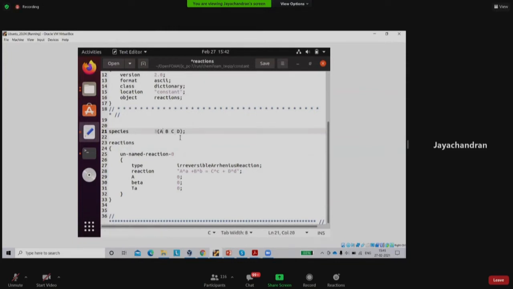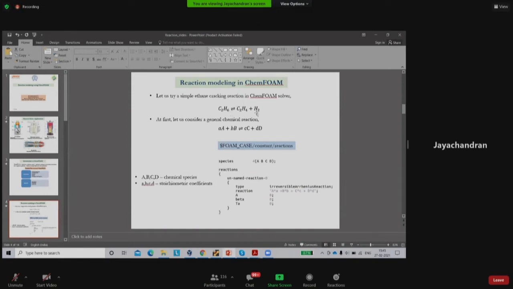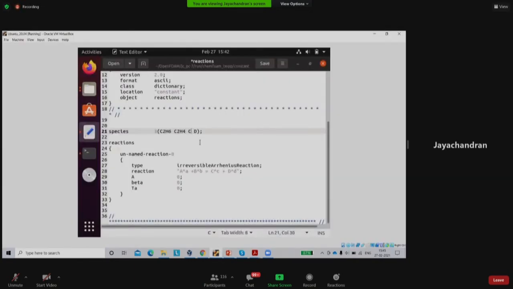So which are the species? The first species will be C2H6. So it's very straightforward. Actually, in the OpenFOAM language, we can directly write the species name and then we will define. There will be no confusion as to whether the H will be uppercase or lowercase. You have to just write that species directly. So we have C2H6, then C2H4, and finally we have H2, right? And I'm deleting the 4th one because we have only 3 species.